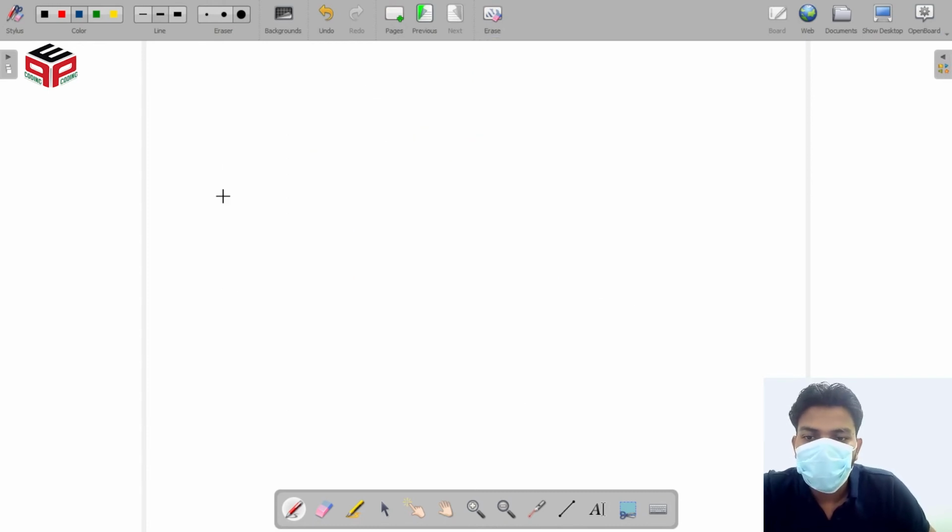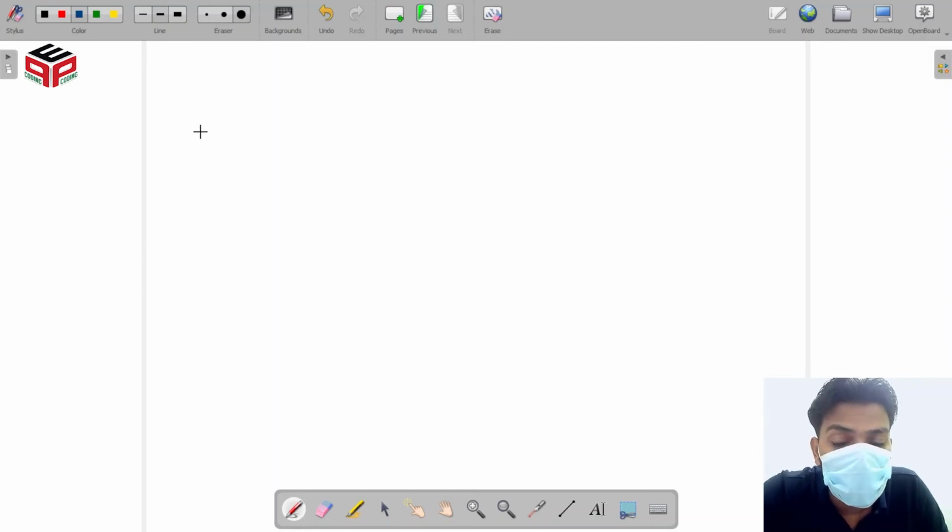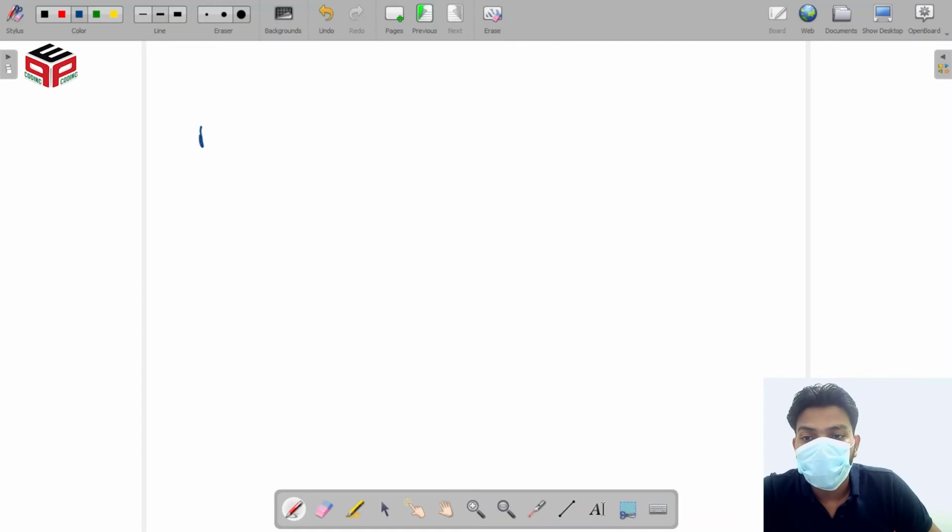Before the dry run, we have to explain how functions behave in the stack when any function calls an inner function.